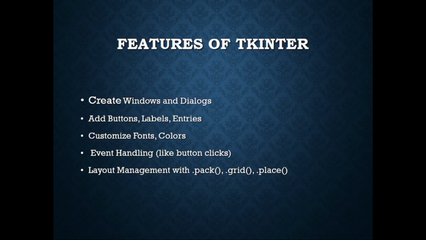What are the features of Tkinter? There are so many features. Some of the most powerful features of Tkinter are listed here. We can use it to create windows and dialogs. We can add buttons, labels, and entries in a window. We can customize the fonts and colors of labels and text. We can handle events like a button click event. We can use different layout management with pack, grid and place to add the controls on the window or GUI